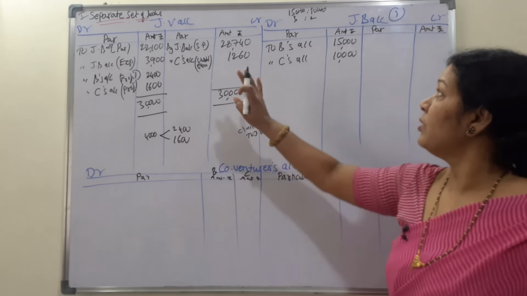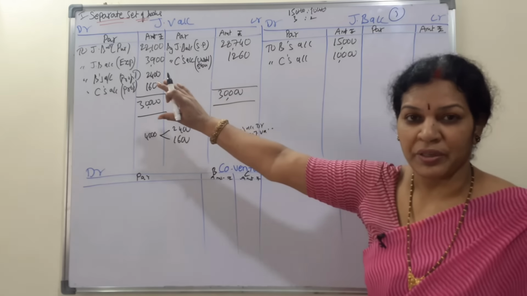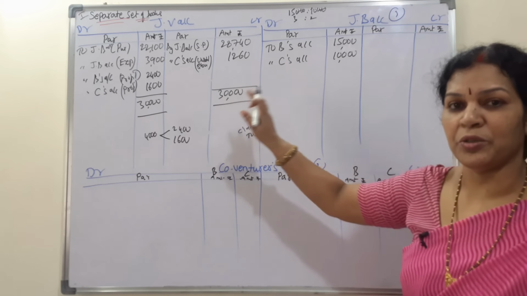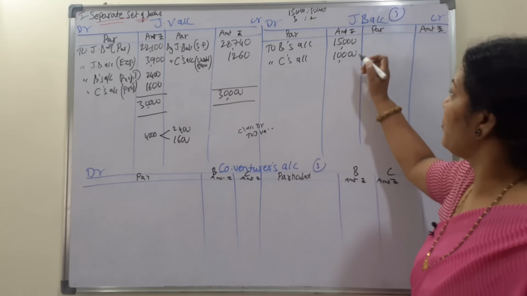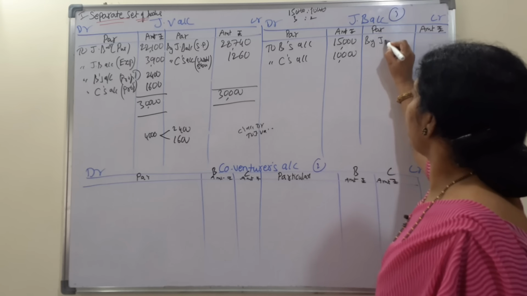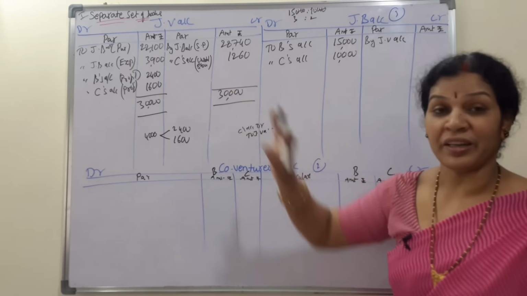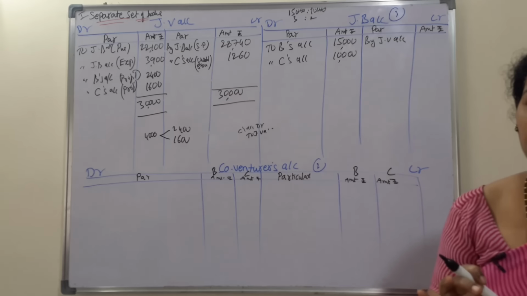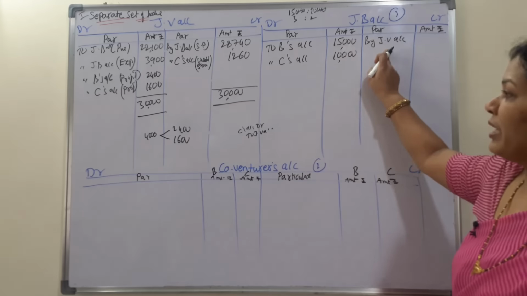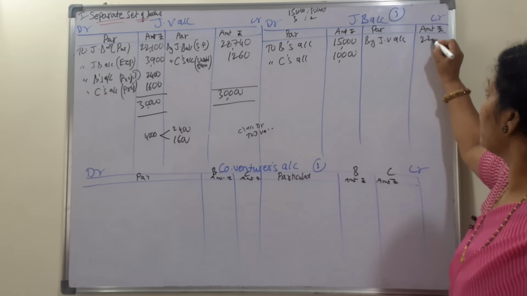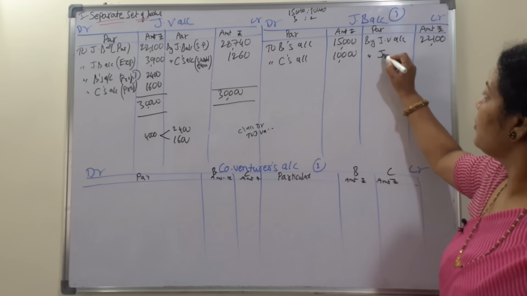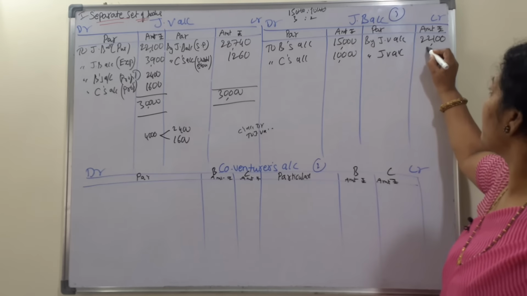Now what we'll do? In the joint venture account we have the debit side; transfer it to the credit side. Debit to credit, credit to debit. Now on the credit side you are finding "by joint venture account." When we are transferring that account, we have to take the name of that account. From which account? From joint venture account. So by joint venture account 22,100. Second one is by joint venture account 3,900.